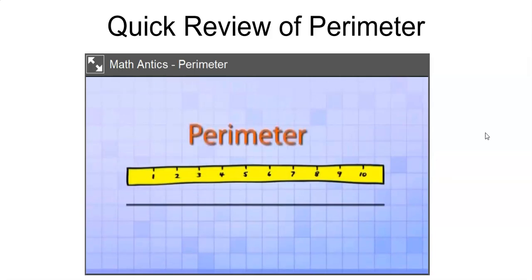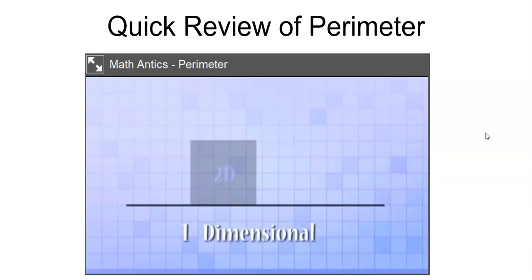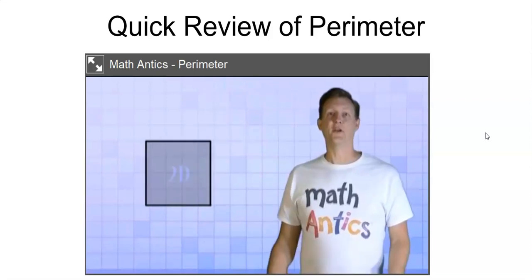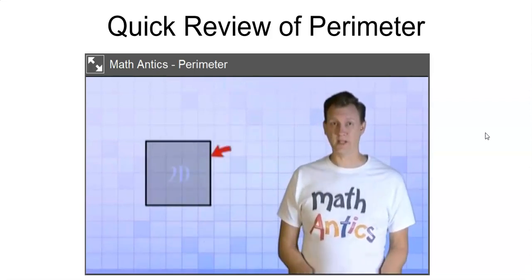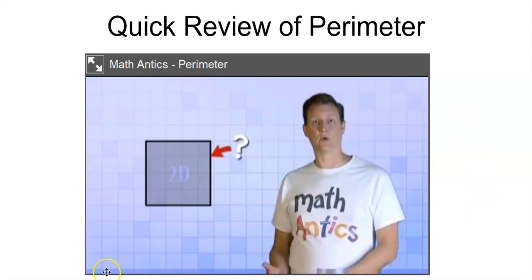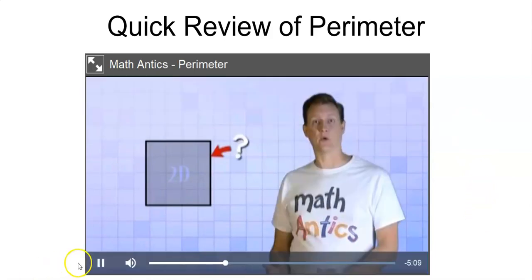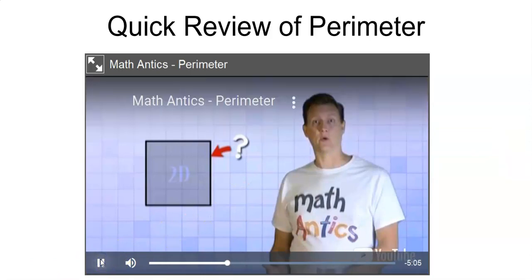Doing this helps you understand why perimeter is a one-dimensional quantity, even though it applies to two-dimensional shapes like this square. It's one-dimensional because it's the distance of the lines that go around the two-dimensional shape. Okay, so now that you know what perimeter is, how do we measure or calculate it for different geometric shapes? Well, that depends on the shapes. Finding the perimeter of shapes that have